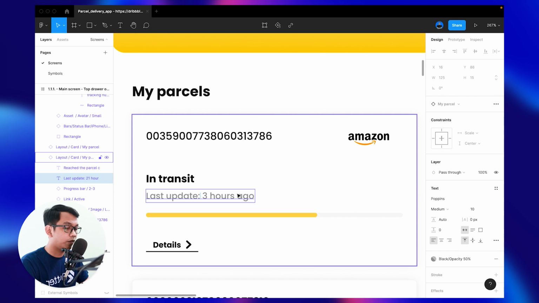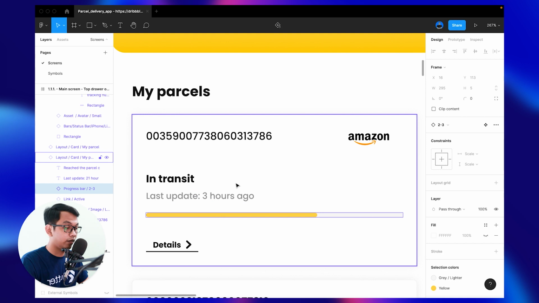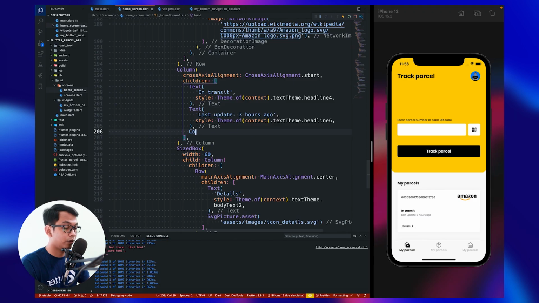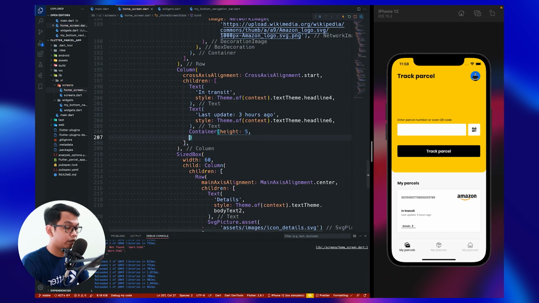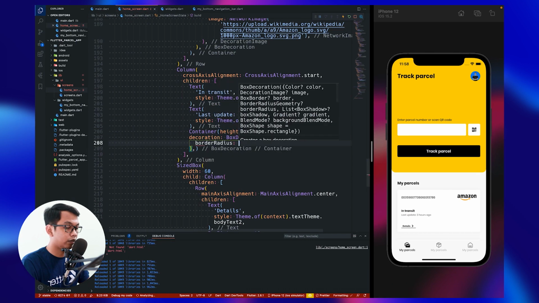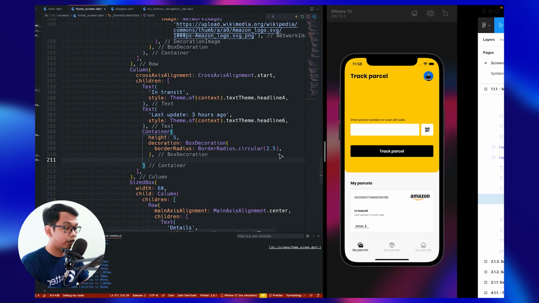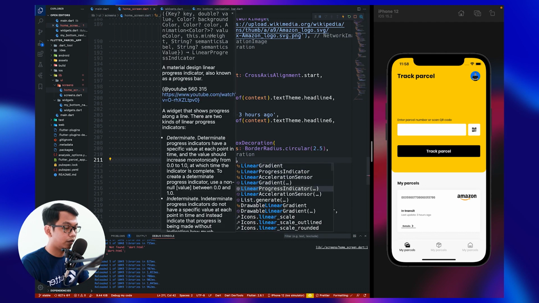Alright, so maybe we have to add this linear progress indicator, and below of our text widget we use container, and for the height is 5, and for the decoration we use box decoration using border radius. For the border is 2.5, and for the child we use linear progress indicator.